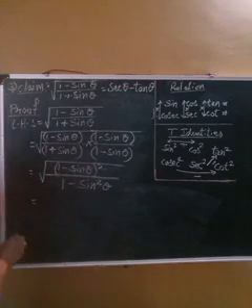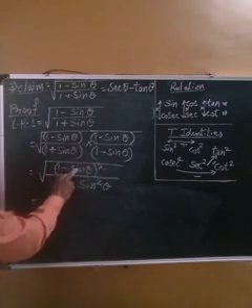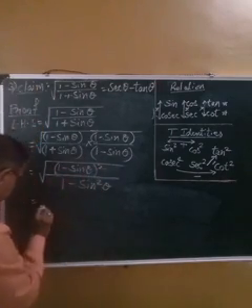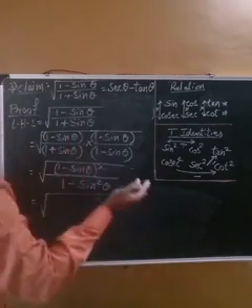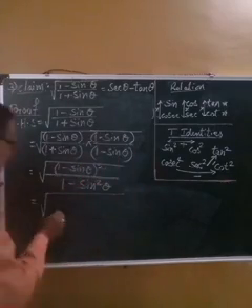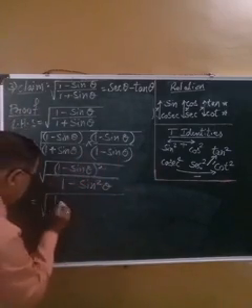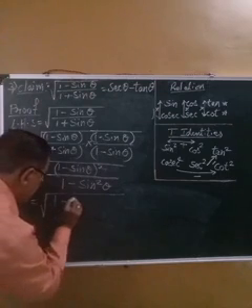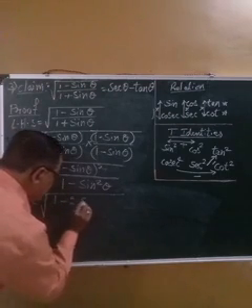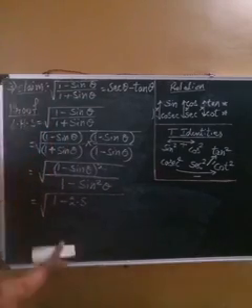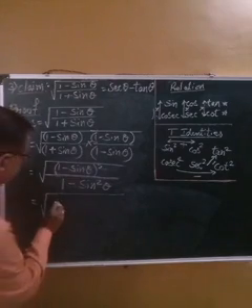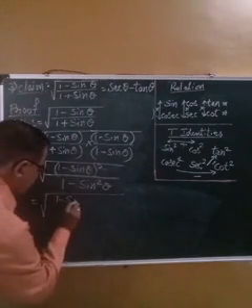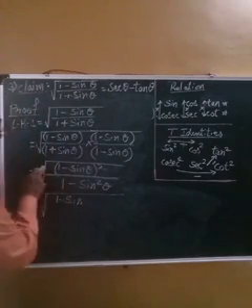Now numerator is in the form of expansion. So it is in the form of a minus b whole square. And what is the expansion for a minus b whole square? A square minus 2ab plus b square. So a square means 1 square, 1 only, minus 2 into 1 into sin theta. Sorry, instead of expanding, let us keep that as it is, because we have the square root here.